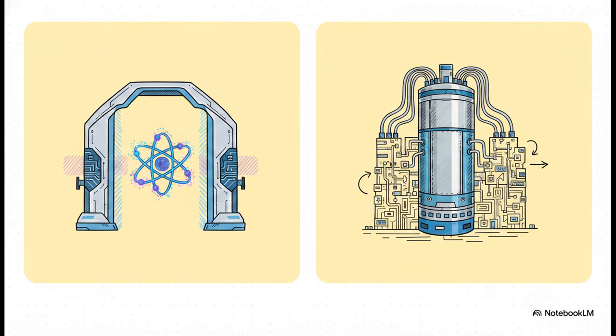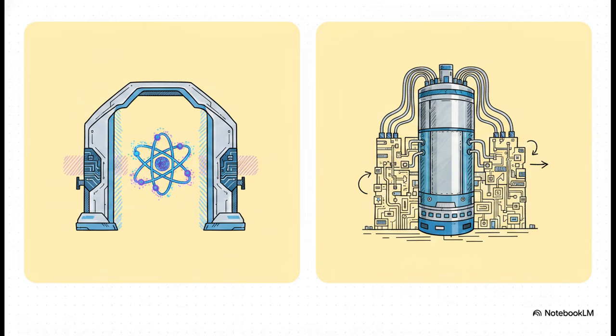Looking at the industry right now, there are two main approaches we need to distinguish. On one side, you have the early-stage universal quantum computers we were just talking about. These have broad potential to solve all kinds of diverse problems, but again, currently have very few qubits. On the flip side, there's a method called quantum annealing. This approach is actually further along in development and uses thousands of qubits housed in those massive cryogenic fridges. But the catch here is that quantum annealing is strictly limited to solving complex mathematical optimization problems.